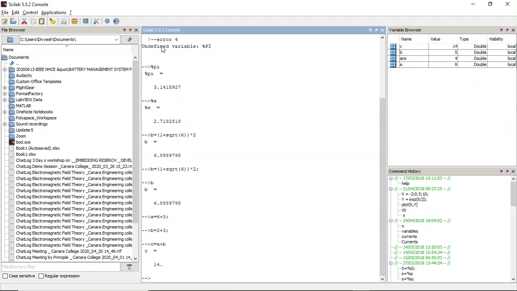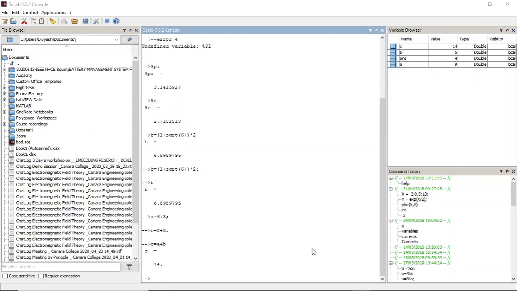So here on the menu bar, after Applications, you have a question mark. This is Scilab help, or here you have another question mark. So you can either click here, and it will ask to go to Scilab help. The shortcut key is F1, or you can directly click here.